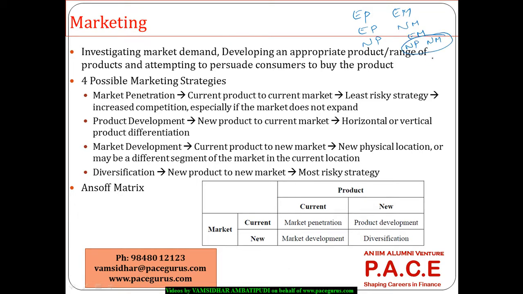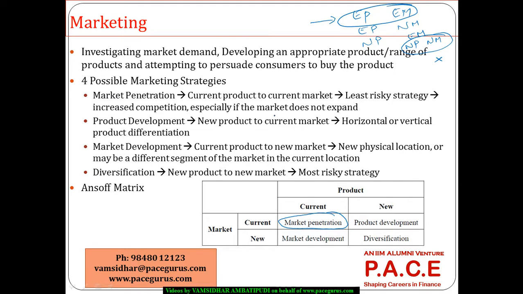Probably this is the riskiest kind of scenario because I'm taking the new product to the new customer base altogether. Whereas this looks to be the safest strategy, the least risky, because I'm trying to sell the existing product to the existing customer base itself. Now these are the four names that go. Market penetration is a strategy where I target an existing product to an existing market,